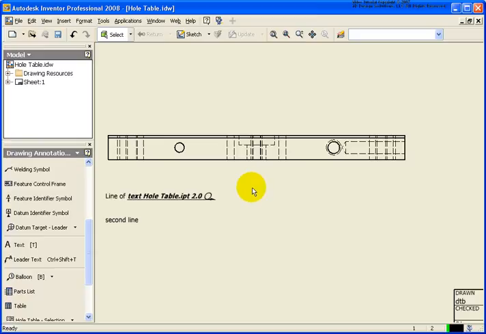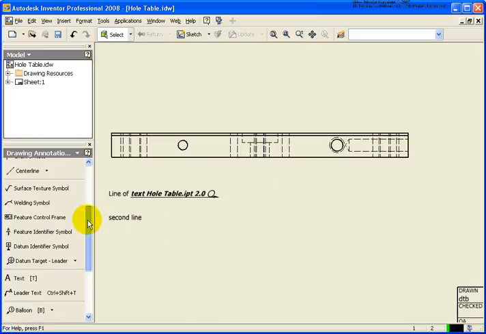What I want to do next is let's take a look at some other symbology that we can add. So again, from the annotation panel we have surface, symbols, weld, feature, the feature identifier, datum symbols, and the datum targets. So they all work exactly the same. In this case, I'm going to just place in a surface texture. So I'm going to again select an edge,